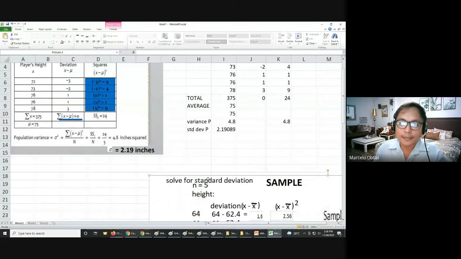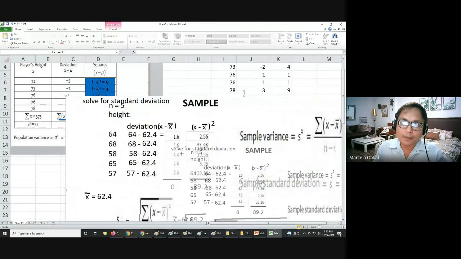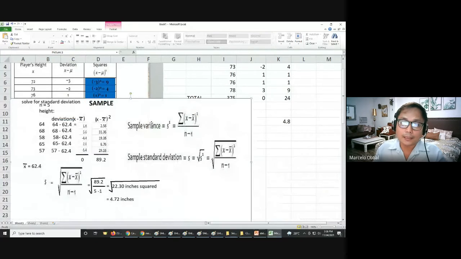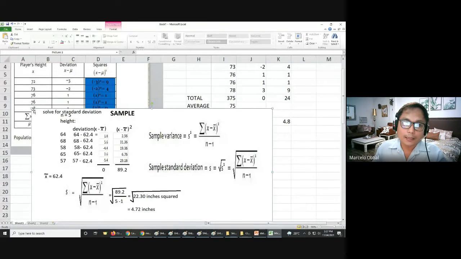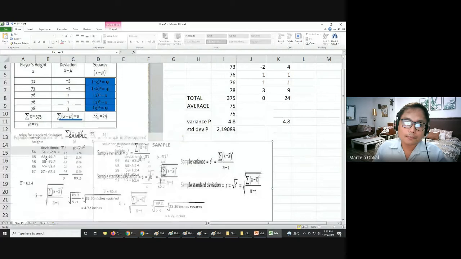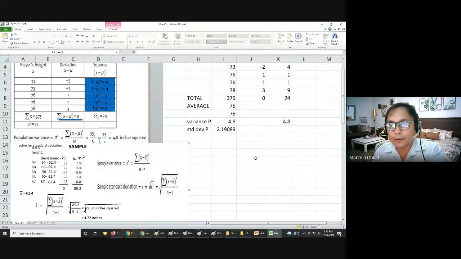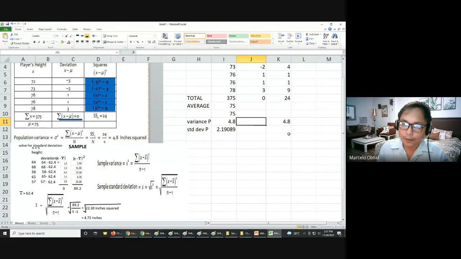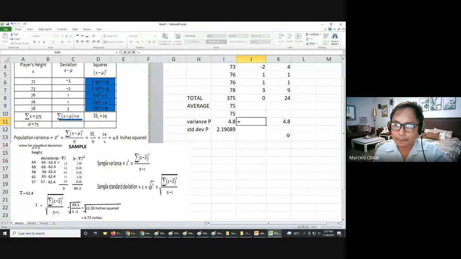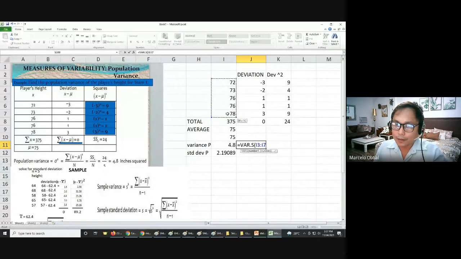Just be careful lang, class. Kapag mali yung ginamit na formula, iba talaga ang answer niya. Okay. Try natin kung ano kaiba. For example, this one is given as population. No? Nagkamali kayo mag-answer using the formula ng sample. And you look at the difference. No? Kapag variance yung hinahanap, nagamit niyo yung S, variance sa sample, which is wrong, no? Kasi population ito.